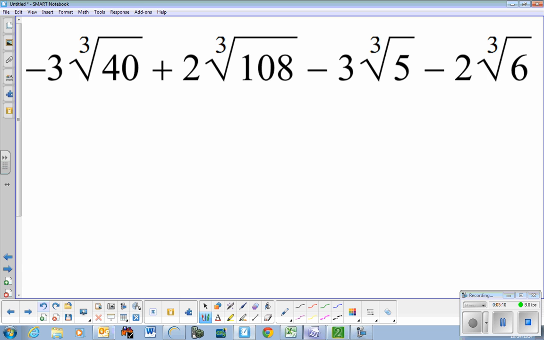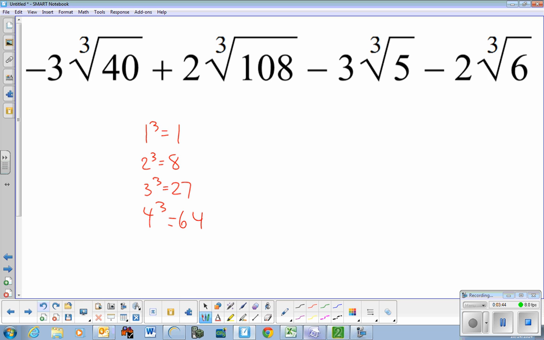So perfect cubes are 1, which is never going to be one that we factor out. 2 cubed is 8. 3 cubed is 27. 4 cubed is 64. And I think that'll be as many as we can find in this particular problem. So we need to find 1s, 8s, 27s, and 64s that go into these numbers,